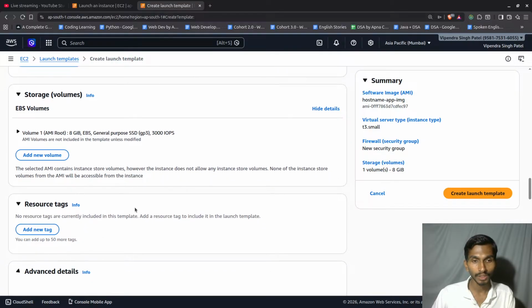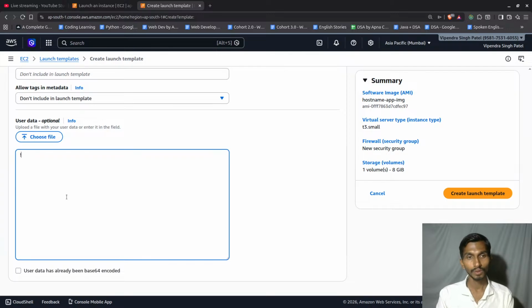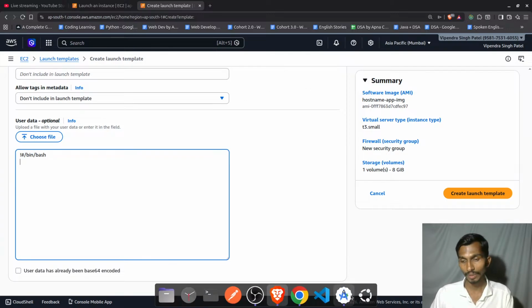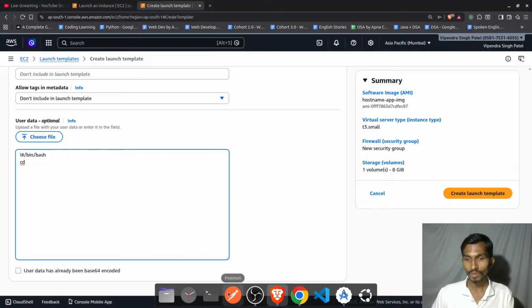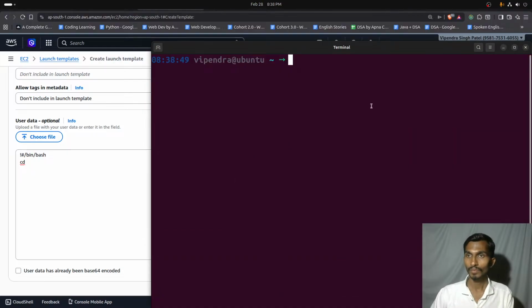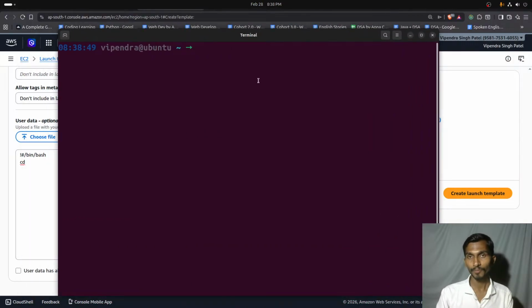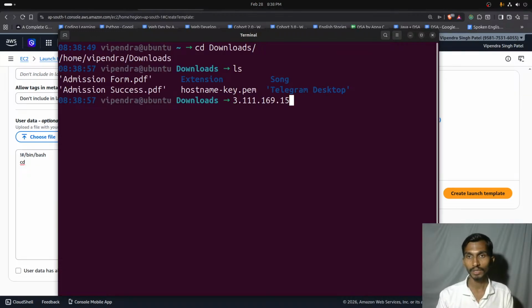And if I click on the advanced details, so just over here what I have to do, first of all, #!/bin/bash. I'm gonna be using bash over here. I hope I've done it right. Apart from this bash, cd, I'm gonna be, let's come back here. Okay, coming back to this one, cd downloads, ls, and I hope that I have printed. Yeah, so I can just simply say ssh into host name and ubuntu @ this,